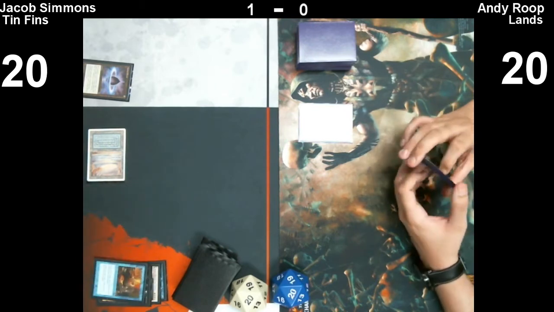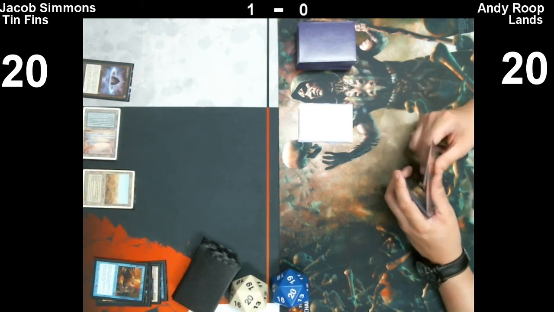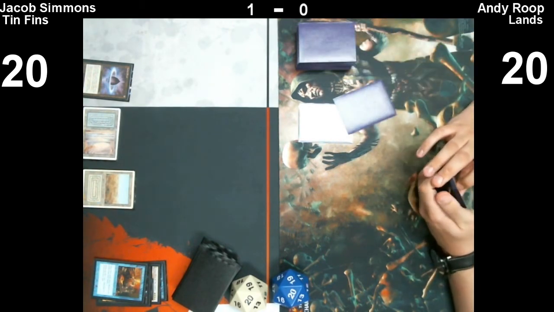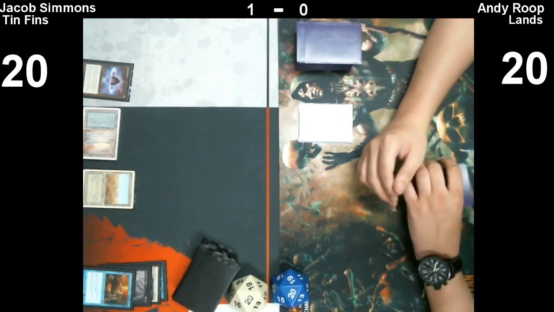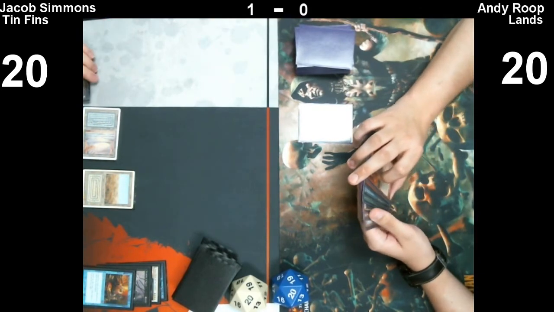I imagine it has to be. Looks like Chancellor of the Annex and Tendrils of Agony were the dumps off of Brainstorm, and he's playing carefully. He's played a land for the turn. I think Jacob is doing these turn one brainstorms, and I don't know why he's doing that, to be honest. Maybe it's one of those things where